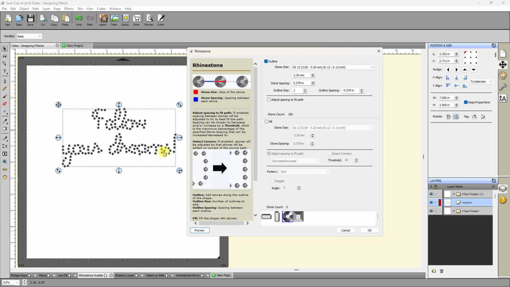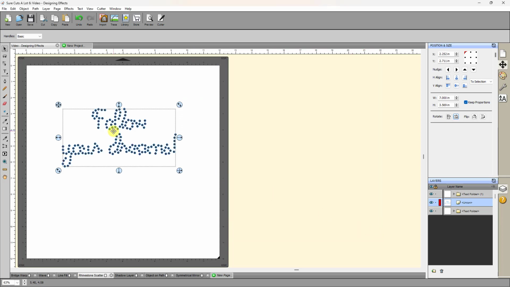It does not look good, and no amount of editing is going to make this look any better, because the fact is there's just too much small detail in the lettering in order to convert it to circles and get it to look correct. Okay, so that's why I was so happy to see the Rhinestone Scatter come in,